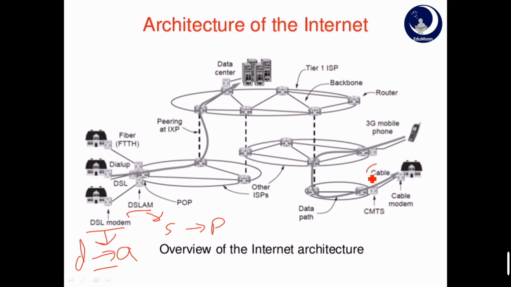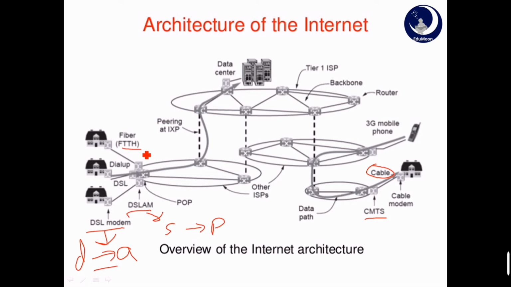Next, cable. This is a regular TV channel cable wire. On the other hand, it is known as a CMTS, that is Cable Modem Termination System. The next is FTTH, that is fiber to the home. It uses optical fibers and helps to increase the connection speed. For example, ACT, Jio, there are so many fiber nets coming up now.